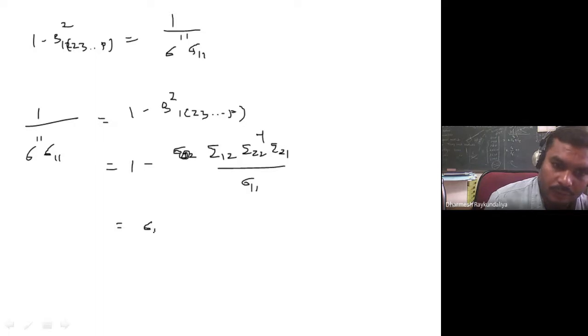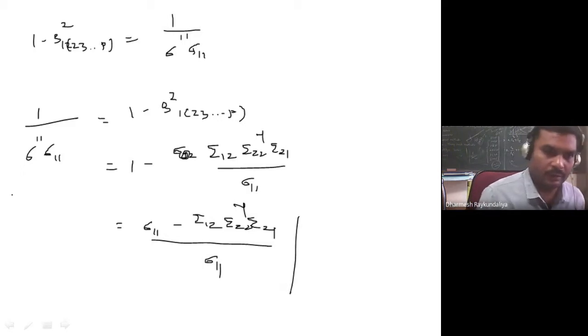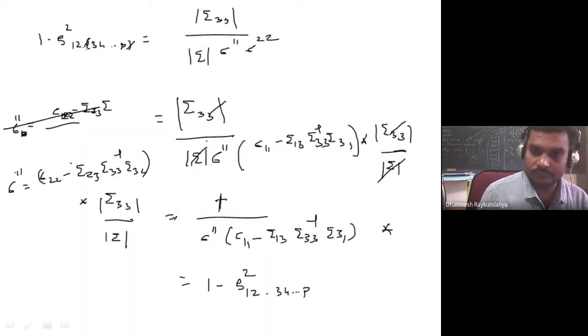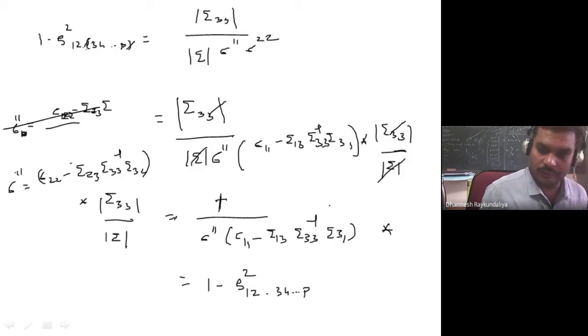So we can write it as sigma 1 1 minus sigma 1 2 sigma 2 2 inverse sigma 2 1 divided by sigma 1 1. ठीक है, तो ये हमारे पास चीज है किसके लिए, 1/sigma 1 1 into sigma 1 1। लेकिन हमारे पास यहाँ पे क्या है, दिस इज इक्वल टू दिस क्वांटिटी। तो सिग्मा 1 1 सिग्मा 1 3 सिग्मा 3 1 की जगह पे हम क्या लिख सकते हैं, एनीवन तो बता सकता है।